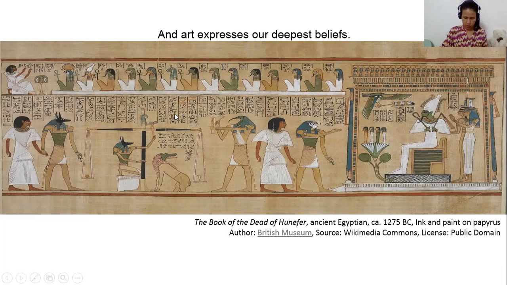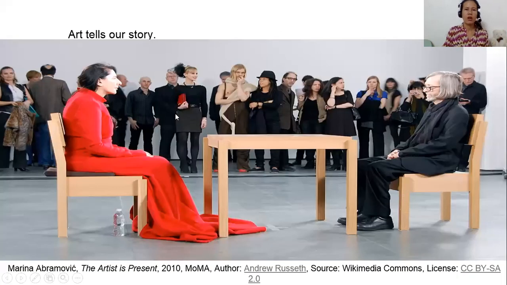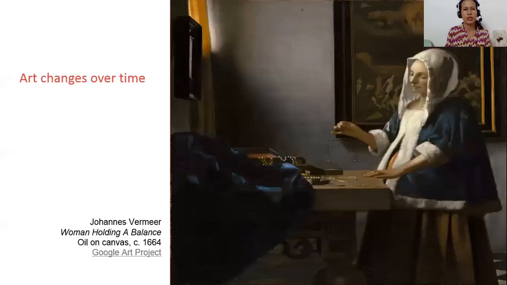Okay, so that's it. And art also tell a story. Katulad nun, I told you a story about that, and that is being shown through that artwork. And art changes over time. So what I have told you, this is an example of an artwork from which there is this simple woman with the balance on her hand, and that is showing the Johannes Vermeer woman holding a balance. So it seems like this artwork is showing a balance that is